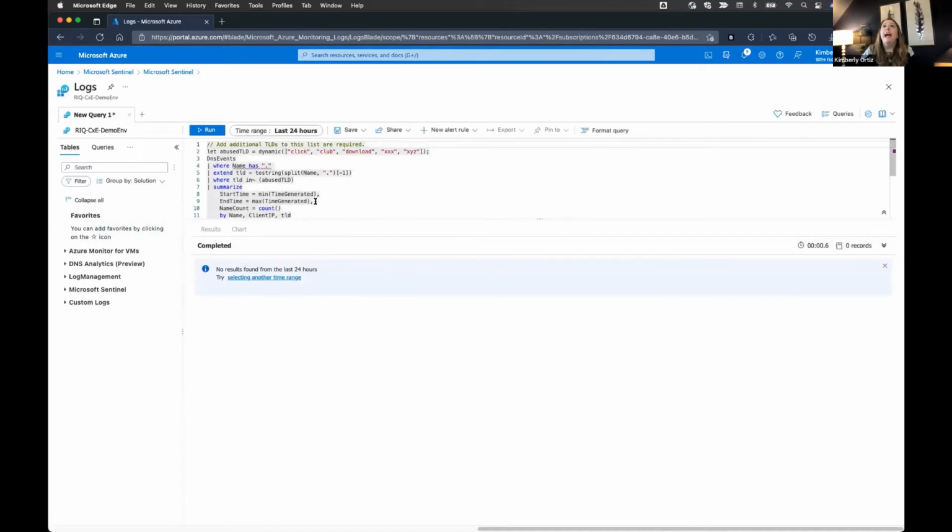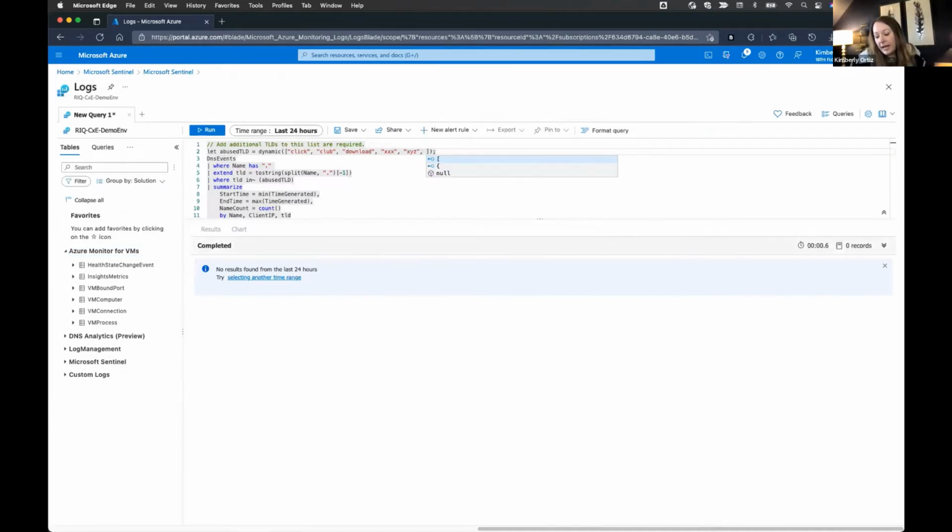Here in the middle, I have a Kusto query, and Kusto query language is the language that's used to query the log data in your workspace. If you look over here on the left, you can see the different tables and the different fields that I have available to query against. I can run these, and I can save anything that I find useful. I know this one didn't return results, but let's say that I know of other abused TLDs that I might want to include in this predefined list. So I'm going to modify this, and I'm going to add the .su TLD to my query. I can't tell you how many bad sites I've found with a .su.